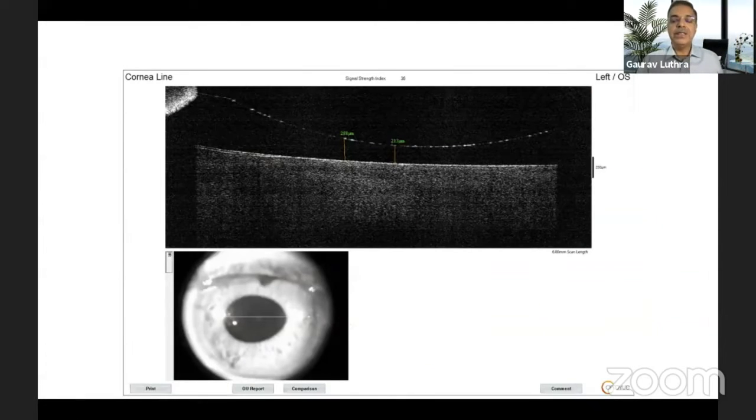Now this is a complication which ended up with me, one referred by a colleague. One eye was perfectly done. Second eye, somehow, I did the OCT and I was amazed to see this. It's an upside down ICL. It's an inverted IPCL or ICL. And obviously this will lead to a cataract.